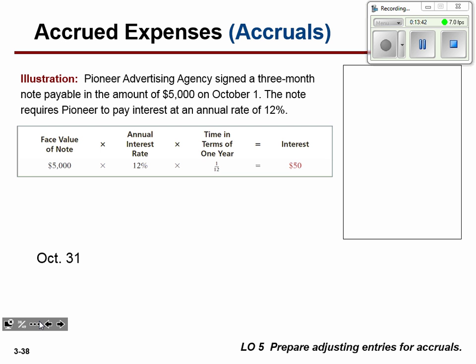One more type. Are we still in our notes? Is it still there? Okay. Pioneer Advertising signed a 3-month note payable. Oh, $5,000 must be for the car. That was good karma there. I didn't plan that. So if I'm going to go borrow a $5,000 note payable from my bank, I'm going